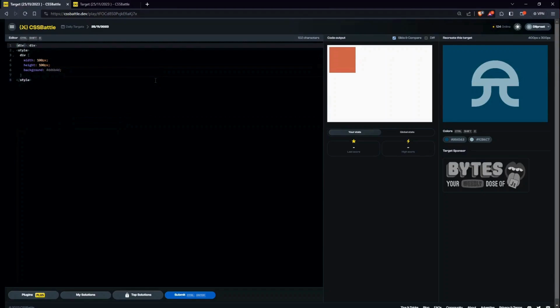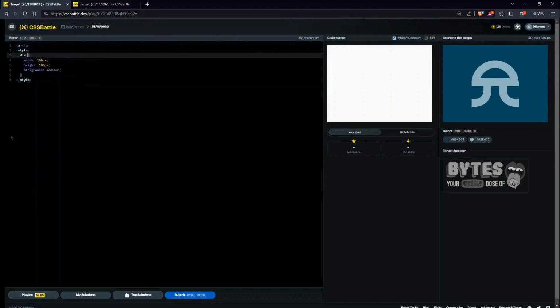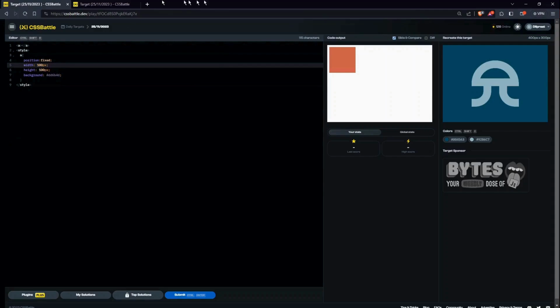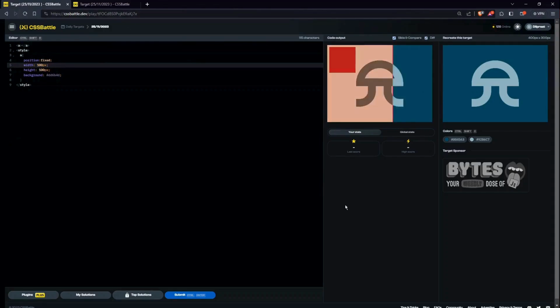And I'll first work with the div to create that, I don't know what I will call this structure, this curved, I don't know what I can call it. I don't have a description for it. Okay, so position fixed first of all. Now let's first switch on the difference. Okay,